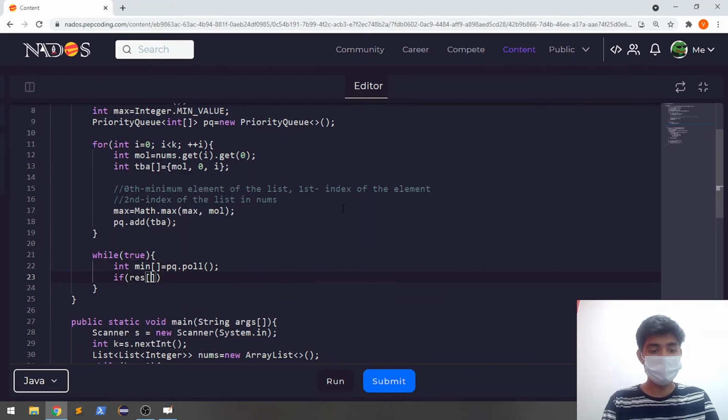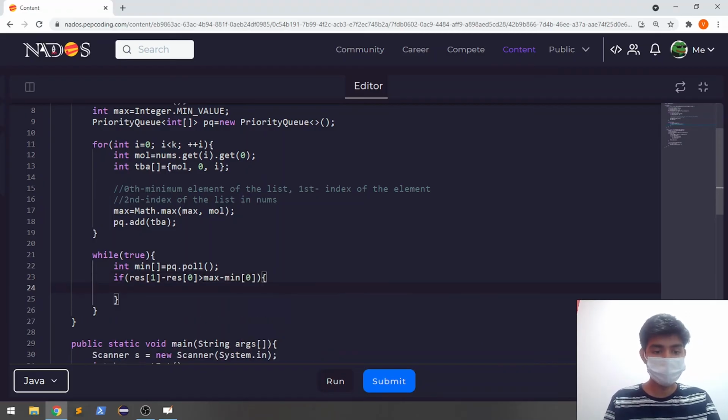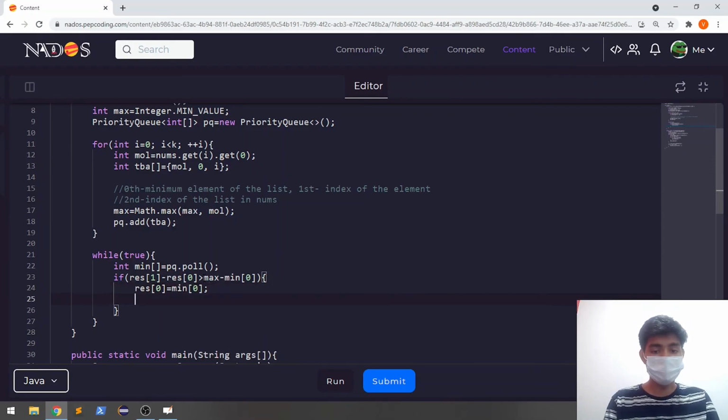Now the resultant of 1 is the maximum of my current answer. The resultant of 0 is the minimum. This is representing the range of my current answer, and this is representing the range of my incoming answer, right? If max minus min of 0 is better, then rest of 0 is going to be min of 0,